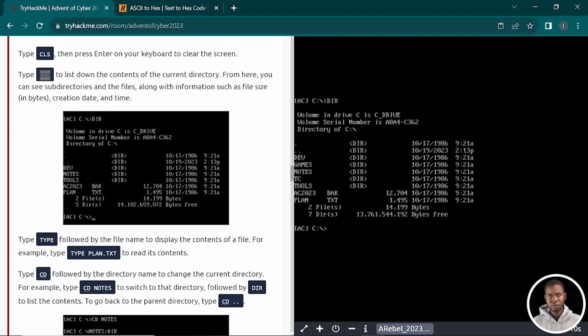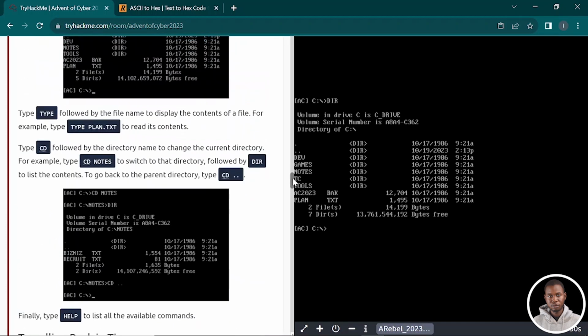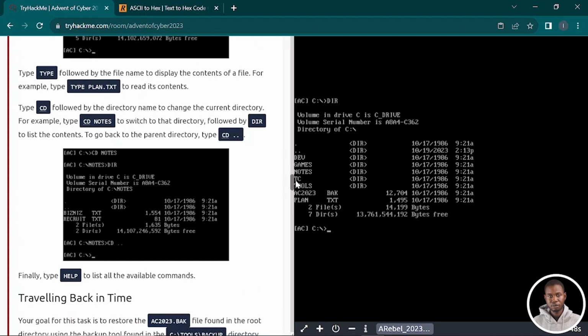Okay, we have the dev, the games, the notes, the tc, and the tools. Those are all the directories in our current directory, and we have just two files, which are ac2023.back and plan.txt. So the next part of the task is to type followed by the file name to display the content of